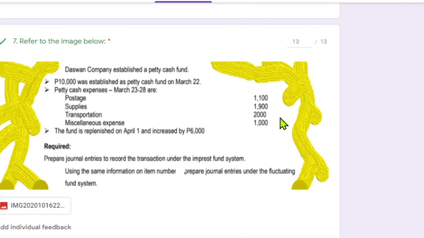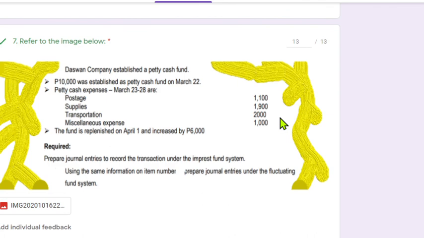So dapat 12,000. Merong mga naglagay 6,000. Bakit po 12,000? Simply because yung ni-recognize mong expenses kanina ay ni-replenish na ngayon. So 6,000 plus in-increase pa yung fund ng 6,000, so 12,000 na. Remember